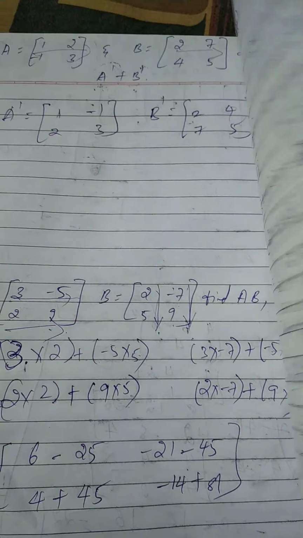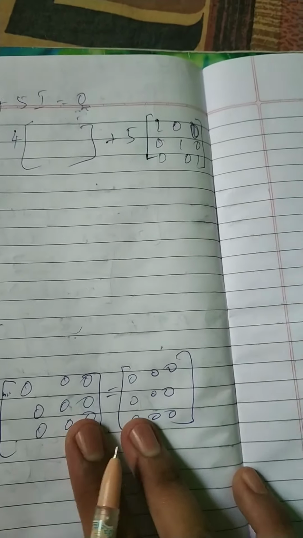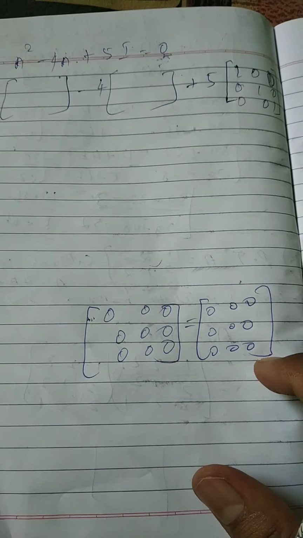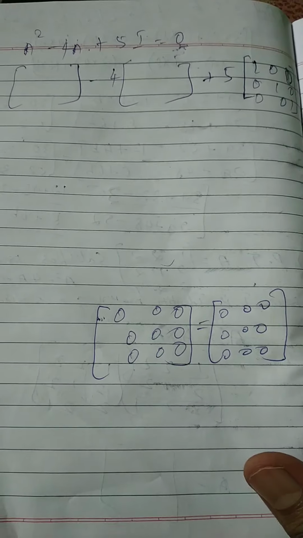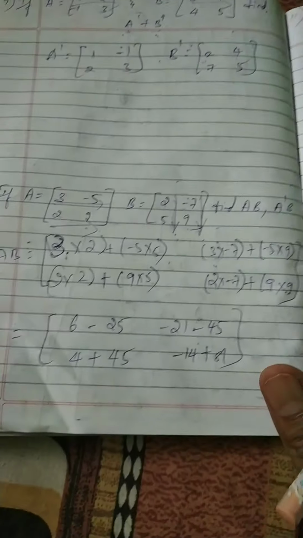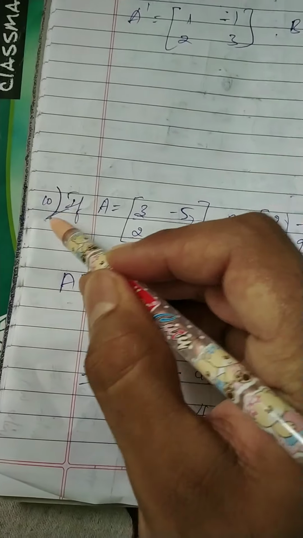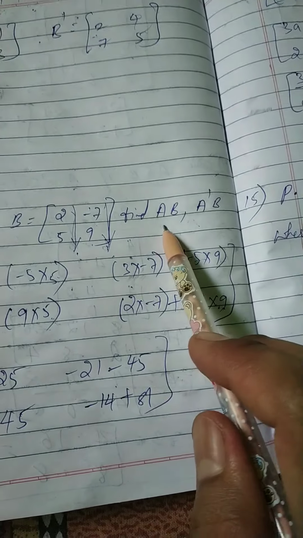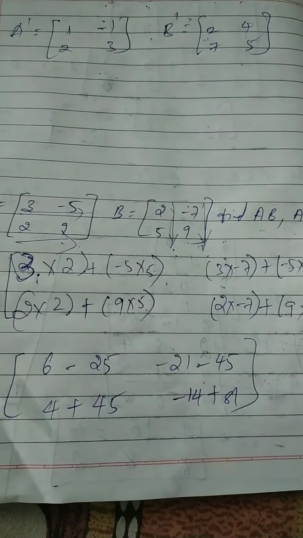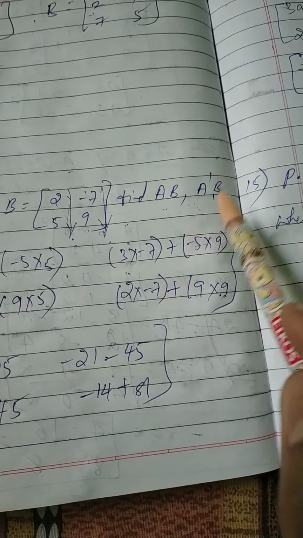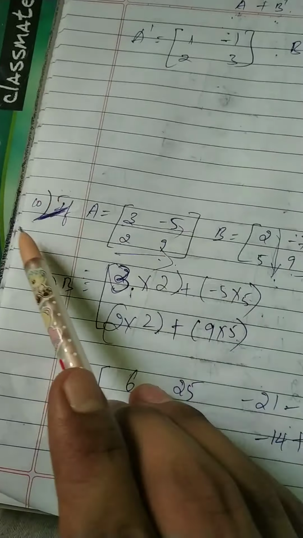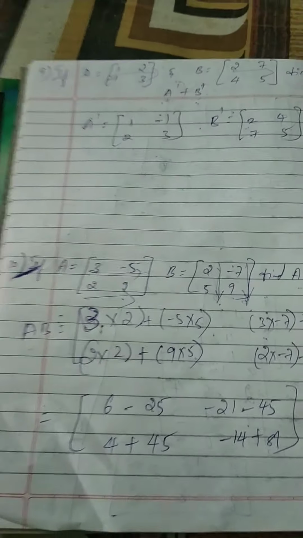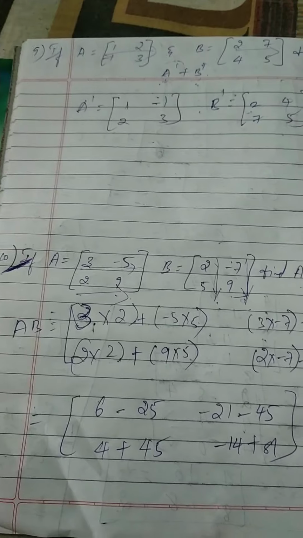Show me the answers. The problems for assignment will be the remaining problems, whichever is remaining. Also there are a few problems remaining in the 10th question. In the 10th question there are 2 to 3 problems remaining. I have done only one problem. You are supposed to do the other ones, and there are also 2 problems in the 10th problem. Apart from this, there are also a few other problems which I haven't solved. I need you all to solve this.